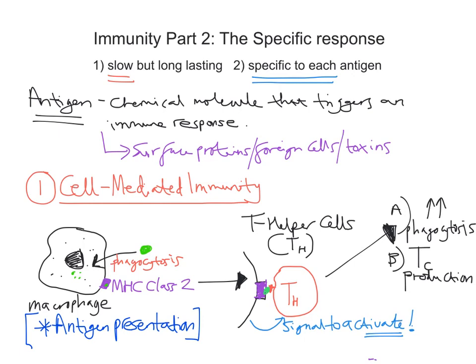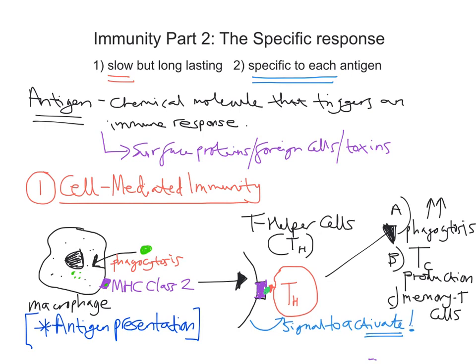So we've got this increase in phagocytosis. We've had an increase in these cytotoxic T cells being produced. And we also get production of what's called memory T cells. Now these remain in the blood and tissue fluid, ready to respond to any future infection. So this is the first part of cell-mediated immunity, or rather the specific response. The first part of the specific response having this antigen presentation and then the subsequent cell division of these T